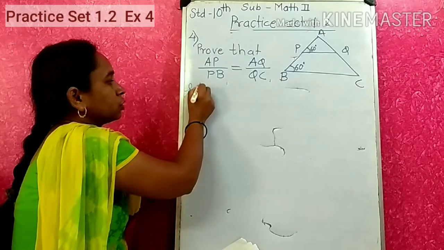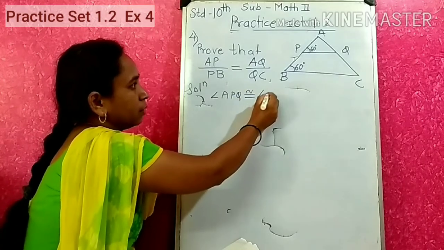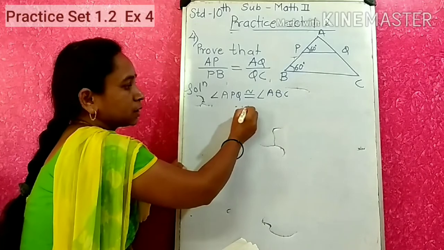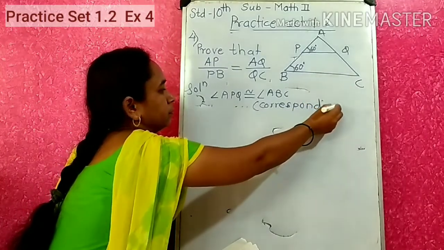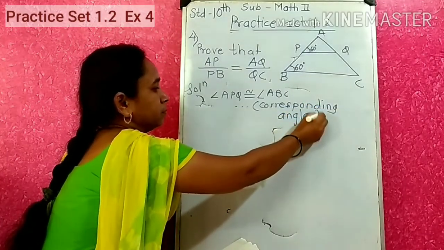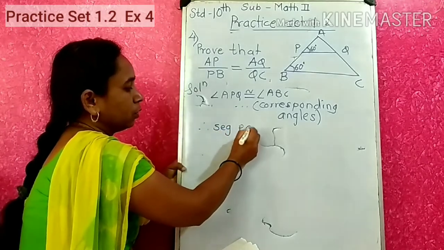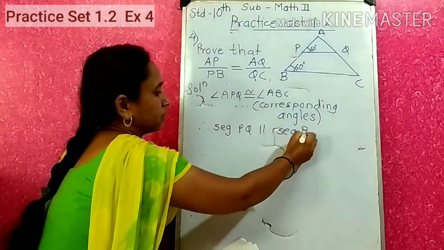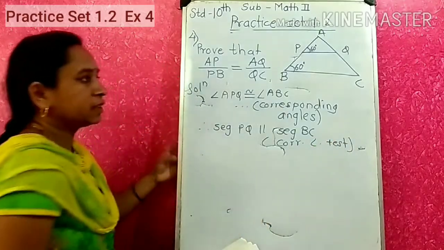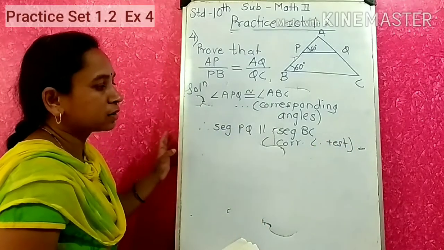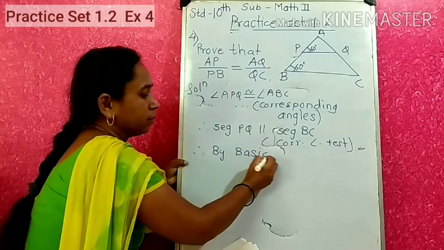So let's see. Solution: angle APQ is congruent with angle ABC. This looks like corresponding angles. If these two are corresponding angles, then segment PQ is parallel with segment BC by the corresponding angle test. This we have studied last year. Now if these two sides are parallel, then by BPT, Basic Proportionality Theorem,